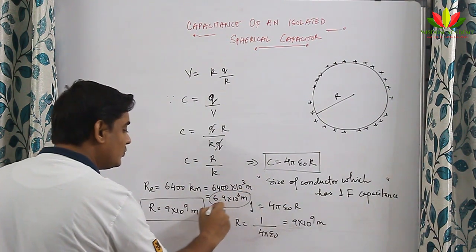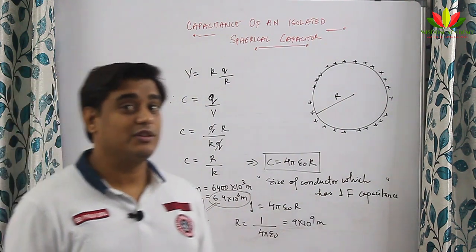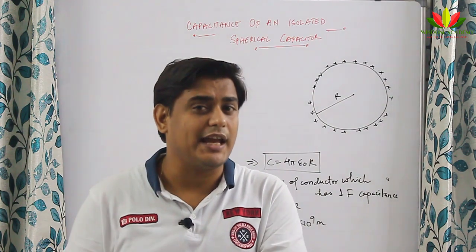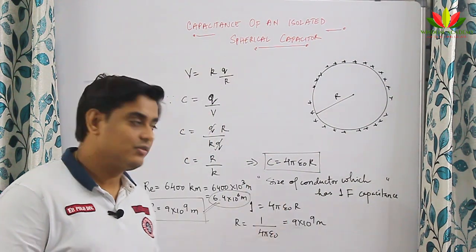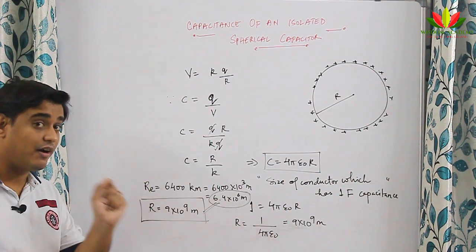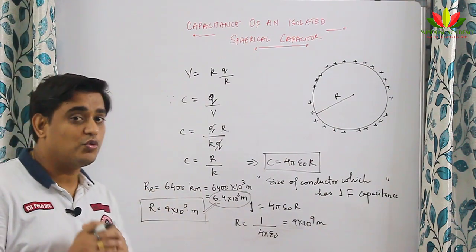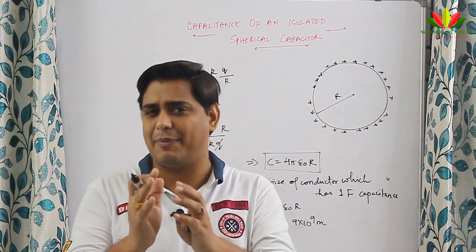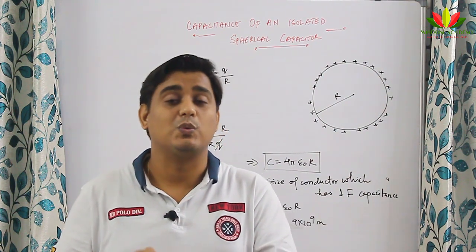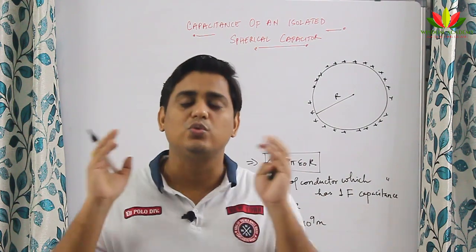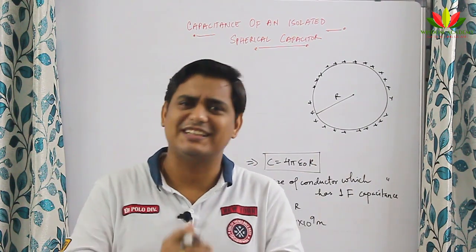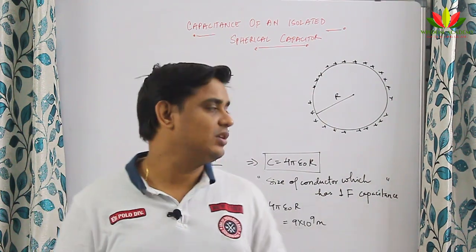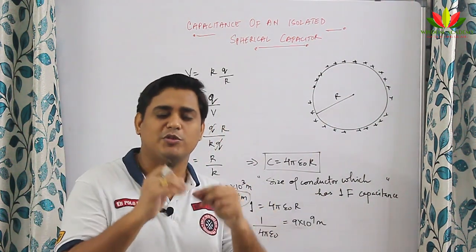Can you compare these two? So, the radius of earth is approximately 1500 times lesser than this value. So, to hold a capacitance of 1 farad, we need such a huge capacitor. So, you can understand why we never talk about 1 farad, rather we only talk about milli, micro or nano, small units of farad.